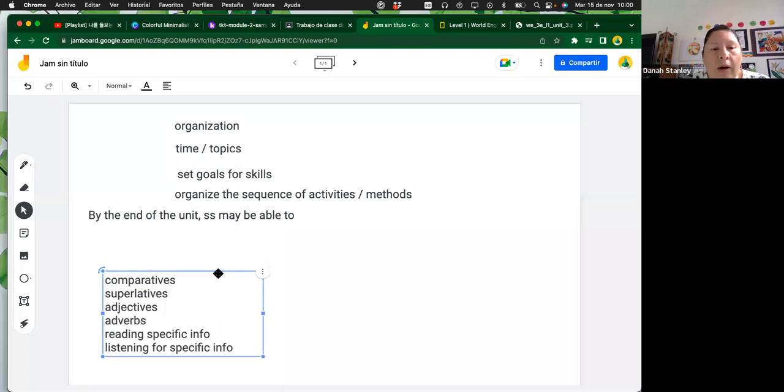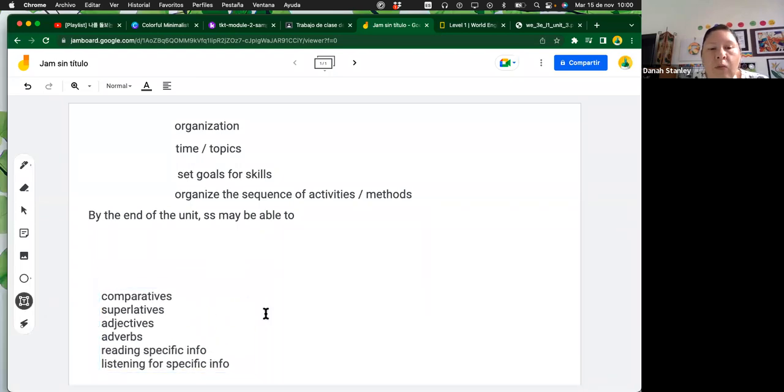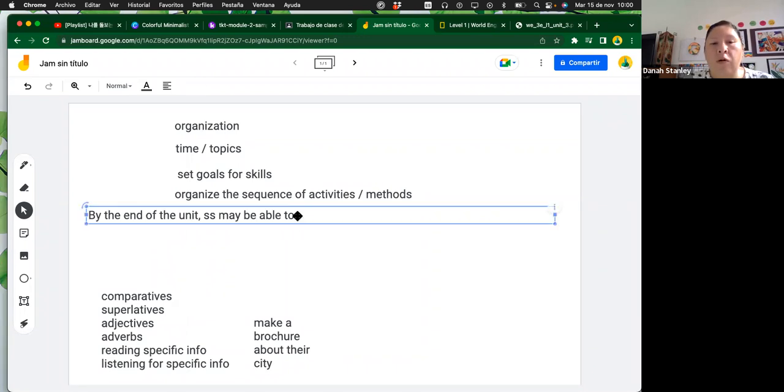Entonces, how can I summarize this? And they need to make a brochure. Make a brochure about their country. Their country or their city. Más fácil. Entonces, yo diría, by the end of this unit, the students may be able to